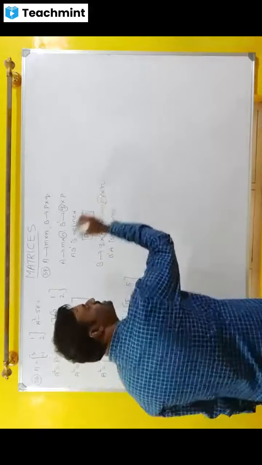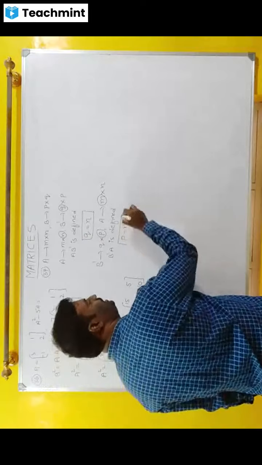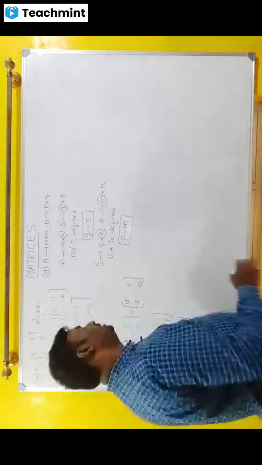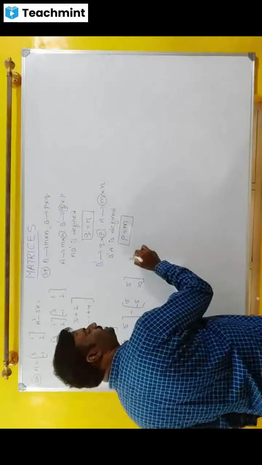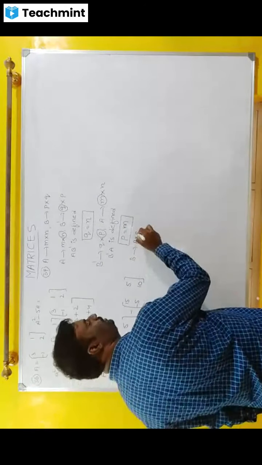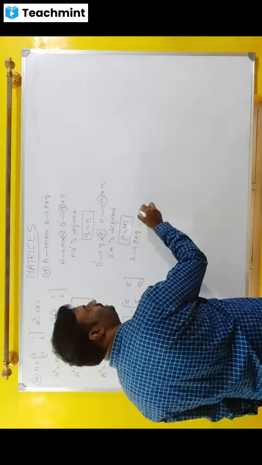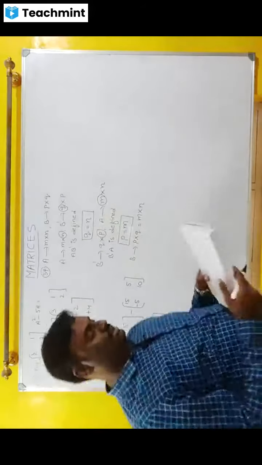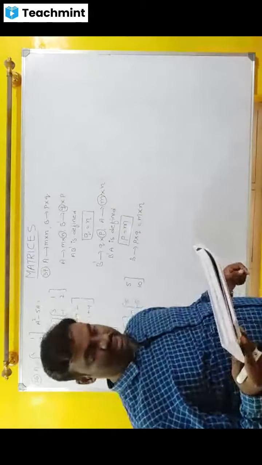Then P is equal to m. Then finally we got P value and Q value. Therefore, the order of the matrix B is P by Q, that is nothing but m by n. That is the answer for question number 37. Okay. Next,